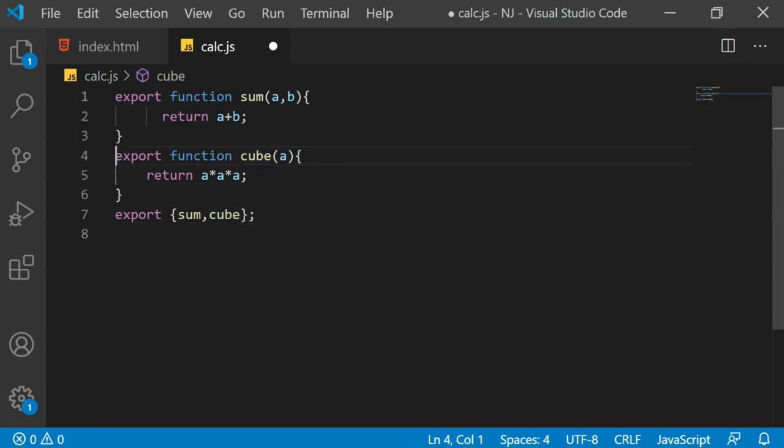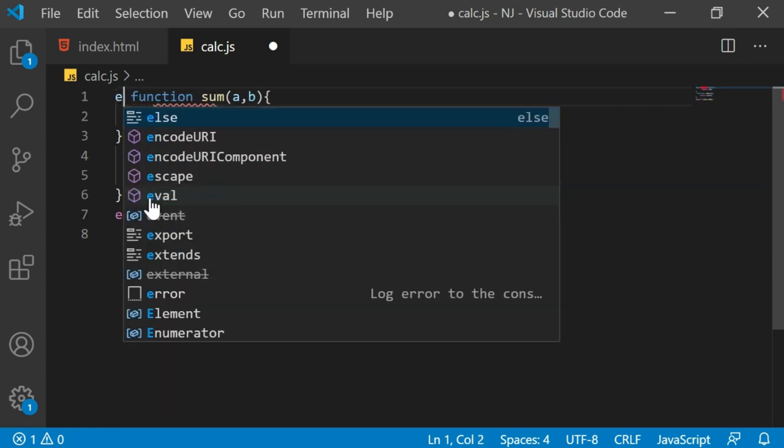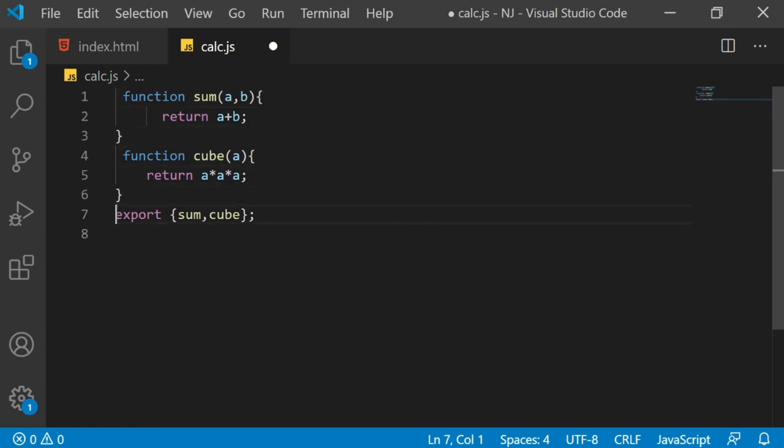Now here you may not have the export statement. What I mean to say is, in this particular file, you may have many functions. But let's say from this file, you just have to export only 2, maybe 5 functions as module, not that all modules you want to export. So you don't write export in front of all functions. So what you can do is you may write export before specific functions in the file, or at the later stage, at the bottom of the file, you just give the list of modules you want to export.